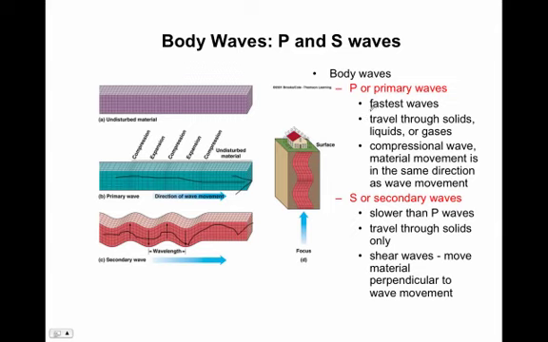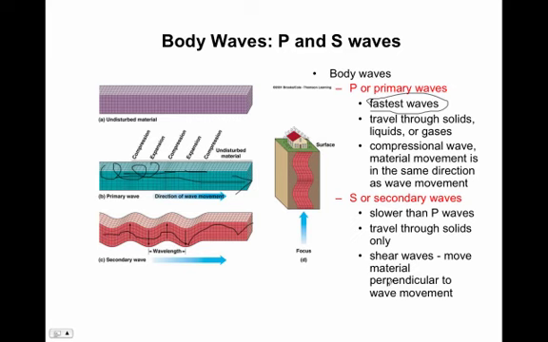P waves are the fastest moving, and they'll arrive at a seismograph first. They travel through solids, liquids, and gases, and like I said, they're like a compression wave. Picture a slinky. When you pull back a slinky and then let it go, that's like a primary wave. Secondary waves are slower than P waves. They travel through solids only, and they shear the Earth,